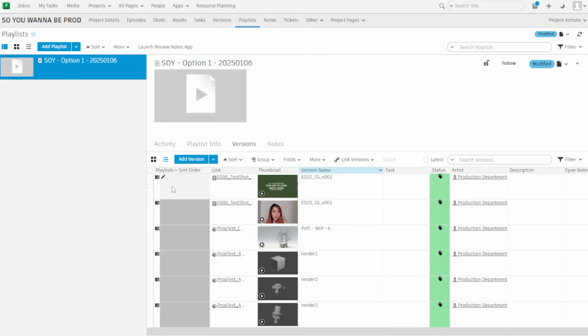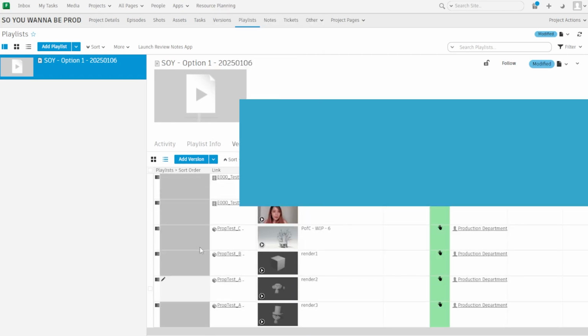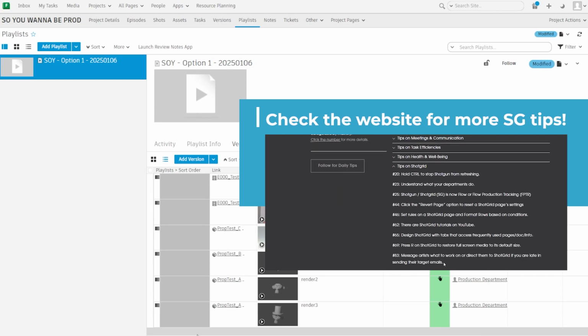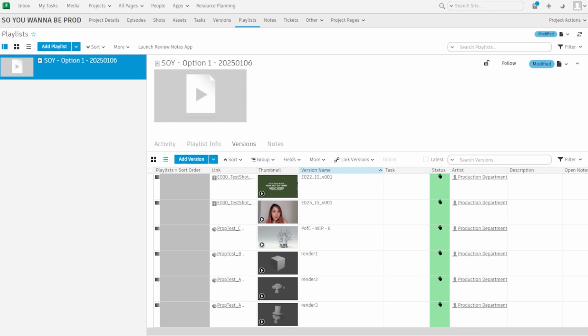It's going to create a new column and it's grayed out. And from here, you can enter the order of the items that you want the playlist to follow when presenting. So like I said, I want to make the cube number 1, and this way, once there is a sort